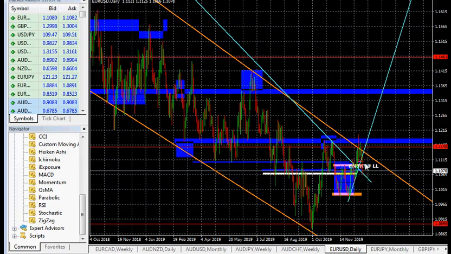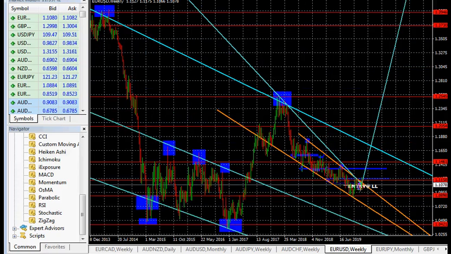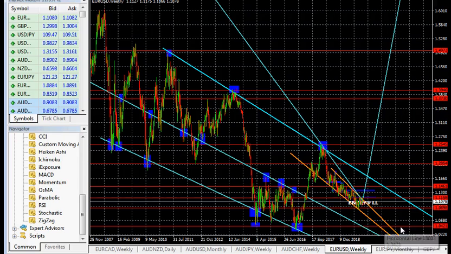So most likely, if you are trading this pair, you will know that this is a point of high confluence. You take your stops to this level, then you trade down to these support levels. You can set your take profit 1 and take profit 2. Then in the bigger time frame, you look out for the 1.042 take profit level.